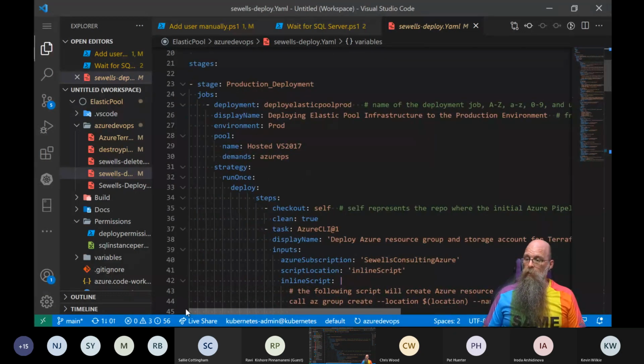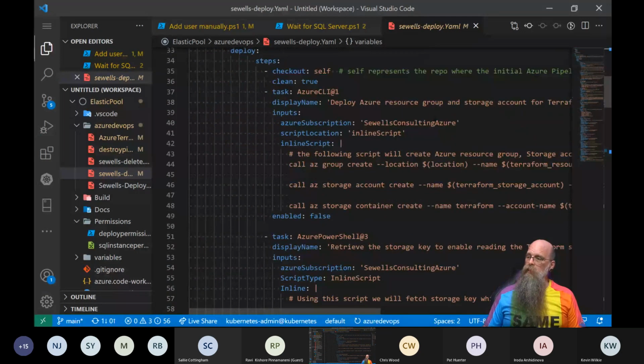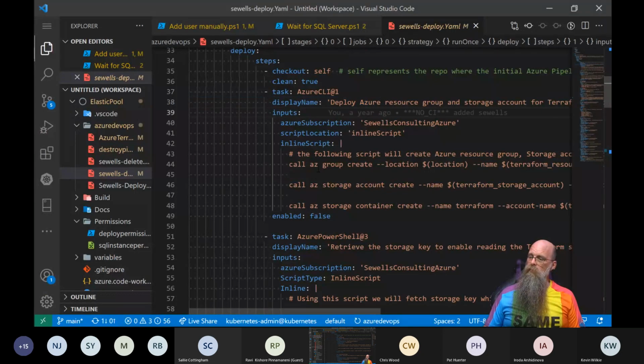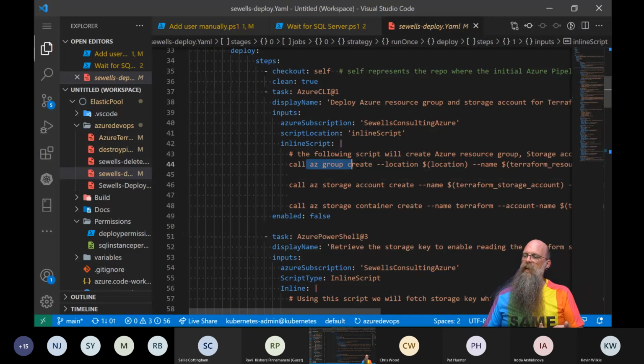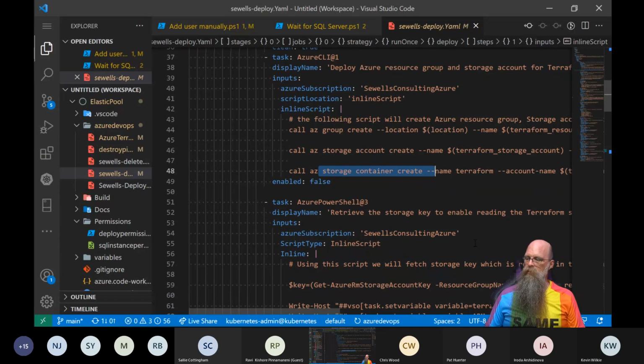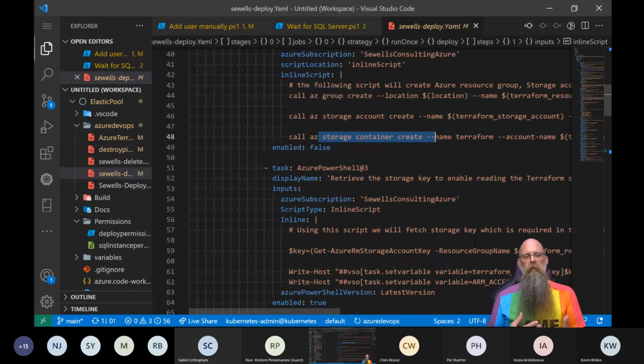And then what we do is we're going to deploy ourselves in a resource group. So let's use AZ CLI and just do a group create and a storage account create and a storage container create. And we're doing this because Terraform is going to do our deployments and Terraform needs to store its state in a file. So for infrastructure as code with Terraform, what it does is it goes, this is the code